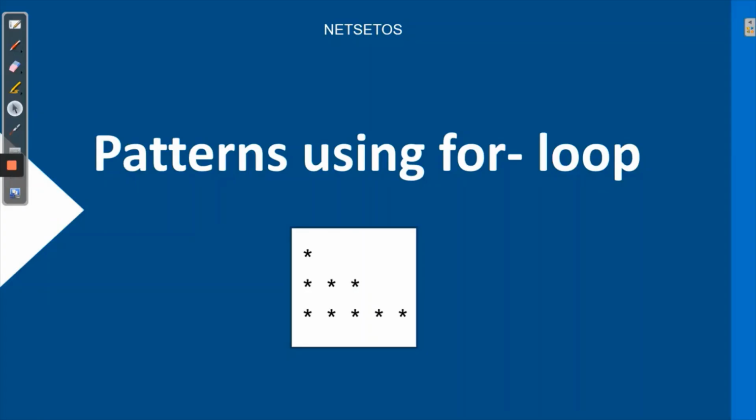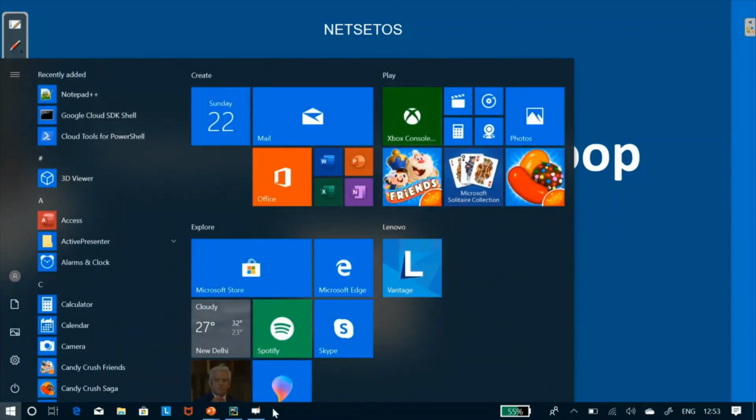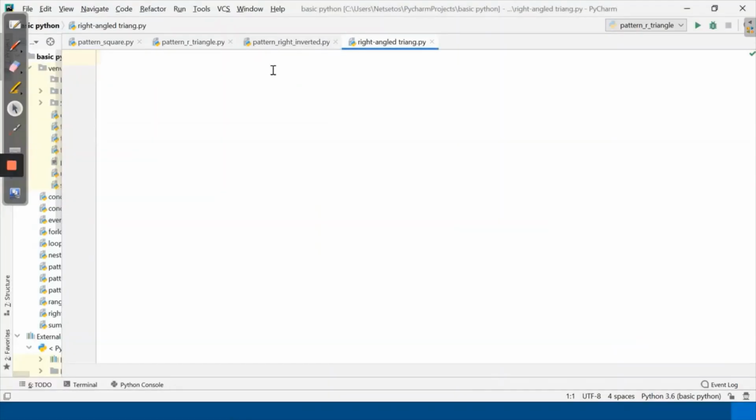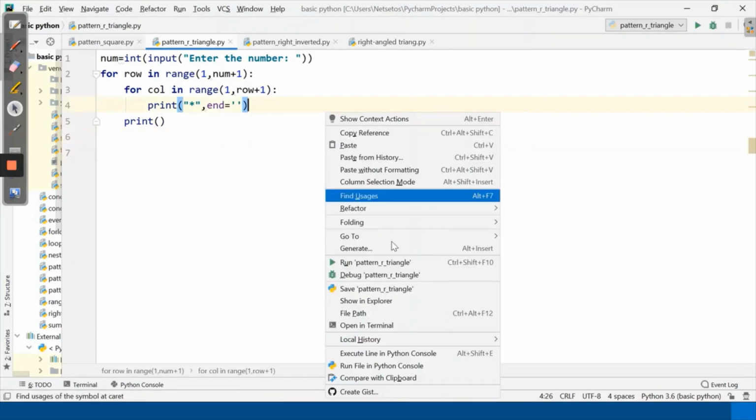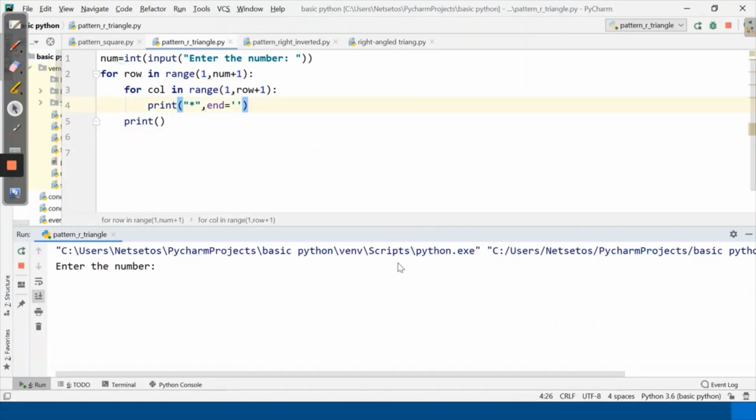We will discuss the star triangle right angle pattern. So for this we will go to PyCharm. First of all, we discussed this pattern. If we run this, let's say 5, we have seen there is a triangle over here with increasing order.